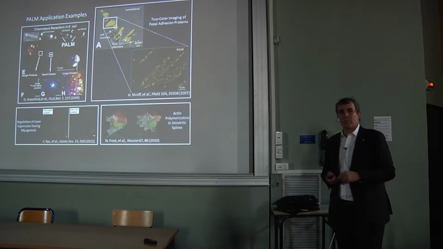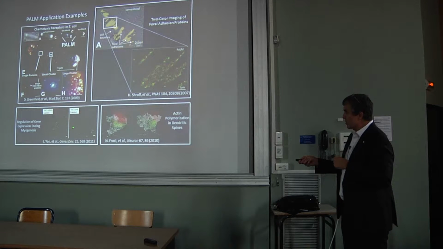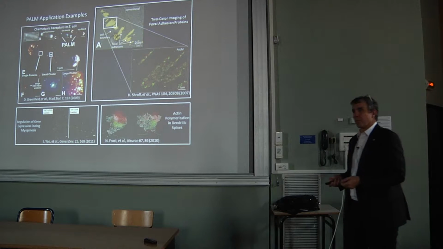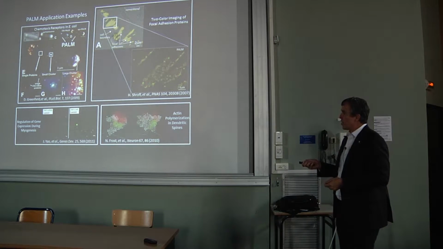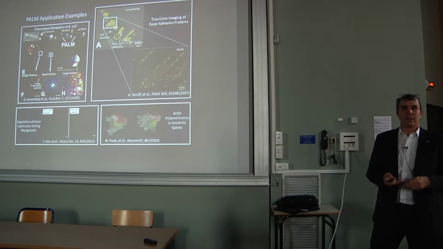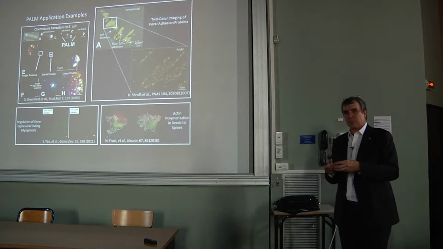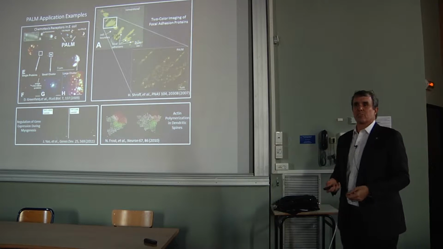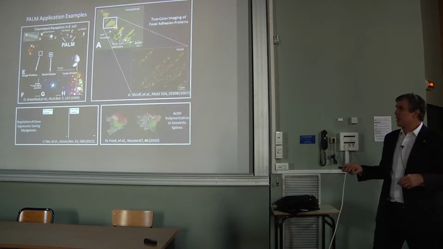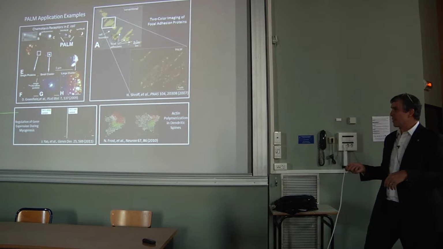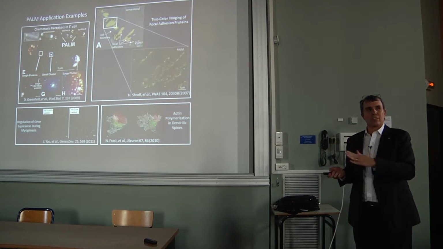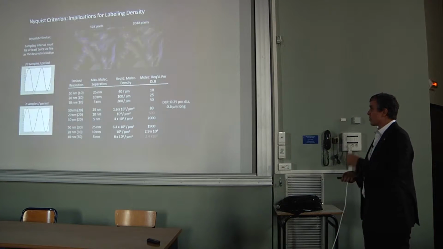In another example with Bob Tjian at Janelia, we were able to show that these green dots, which represent core promoters which are necessary for transcription of DNA, are spatially segregated from the genes which hug up against this red nuclear membrane. And that spatial segregation is one means by which the cell regulates when certain genes are turned on. And in another example, we were able to look at cultured neurons and show in the spines on the dendrites of these neurons that the cytoskeleton, which gives these things their shape, is only polymerized at certain discrete places in these dendritic spines.